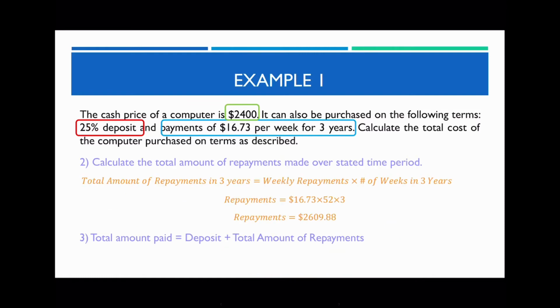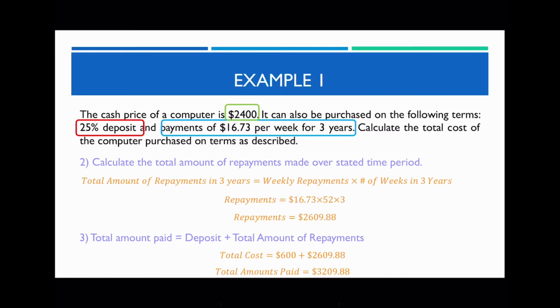So now, in order for you to actually calculate the total cost that you've made for this particular computer, it's just going to be the deposit you've made plus the repayments, okay? So in this case, it's going to be $600 plus $2,609.88, and therefore the total cost for the computer that you've actually paid was going to be